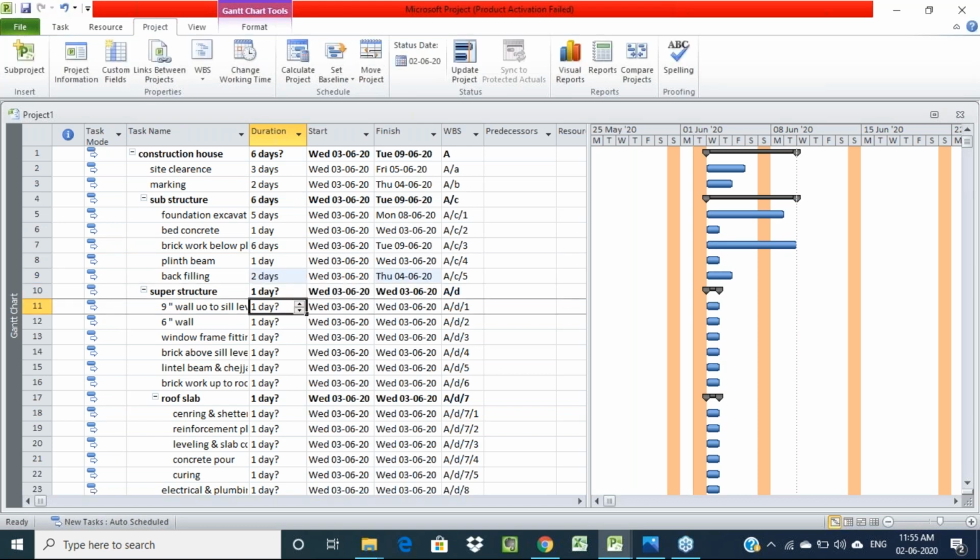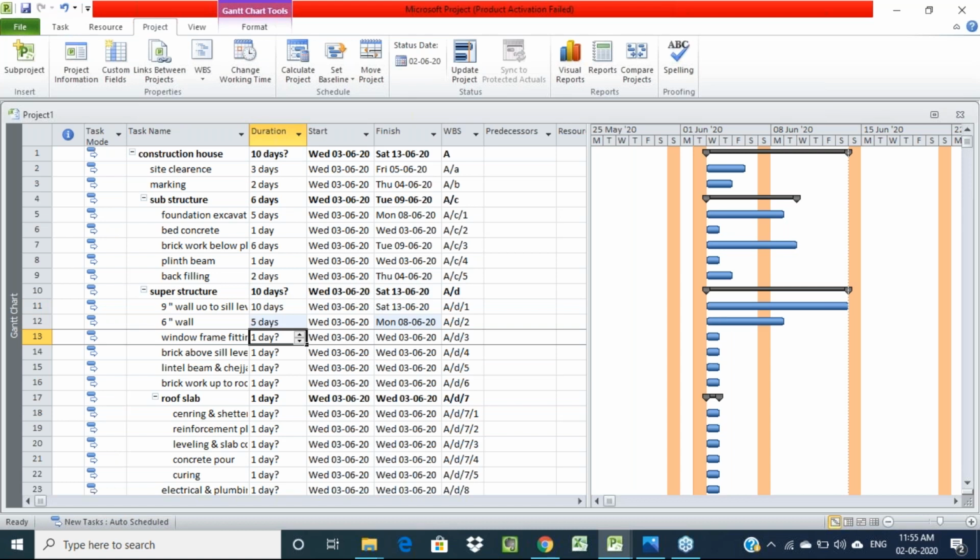Then superstructure is the main activity, so for that we are not giving any duration. For 9-inch walls till sill level, I'll provide 10 days. Then for the 6-inch wall, I'll provide 5 days. Window frame fittings, all of those, I'm giving 5 days.